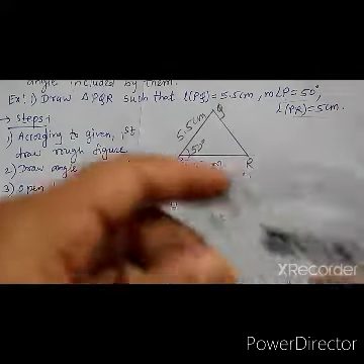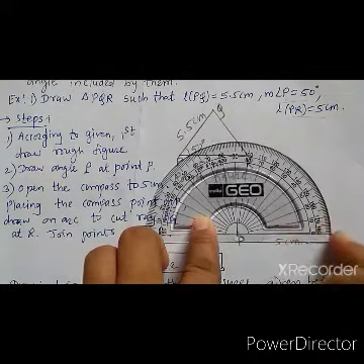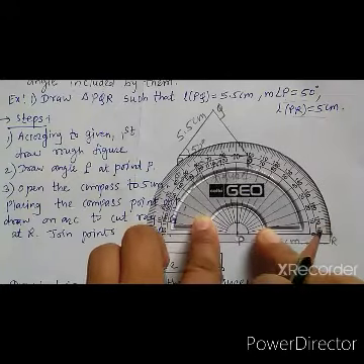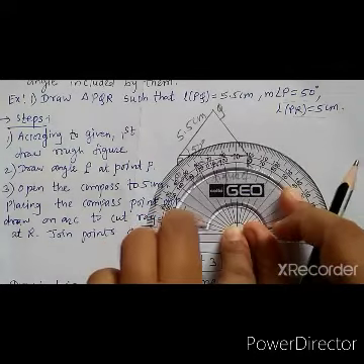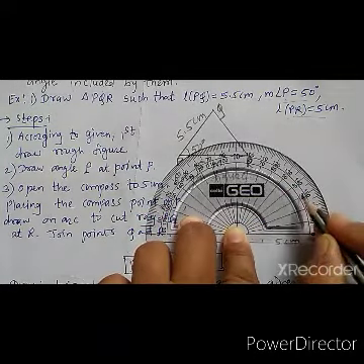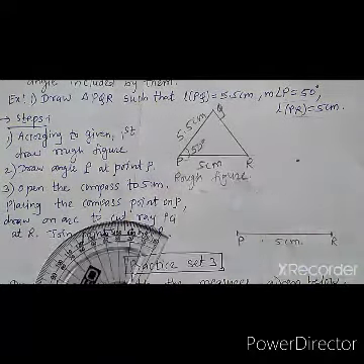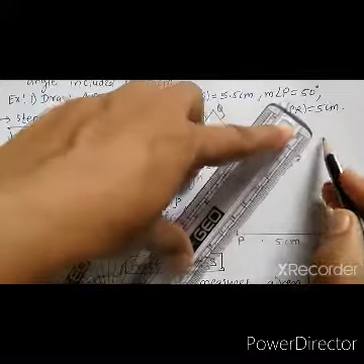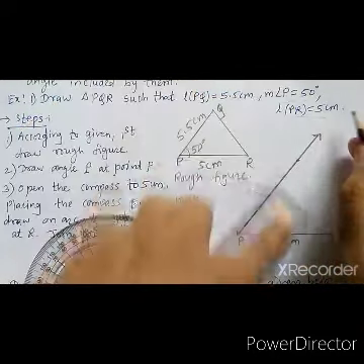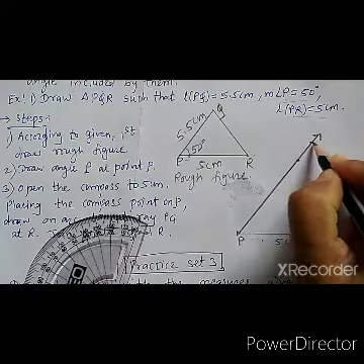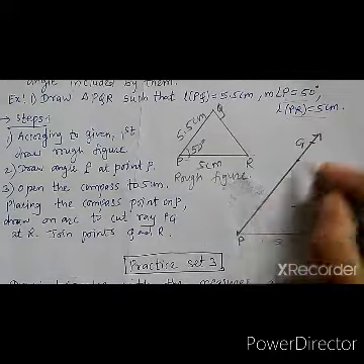So take the protractor. Now put this middle point on this point P and this line on this segment PR. Now see the direction of the line segment. It is on the right hand side. So from the right hand side we can count the angle of 50 degree. 0, 10, 20, 30, 40 and 50. So mark here. Now join these 2 points, and take point G. Now we got ray PG.